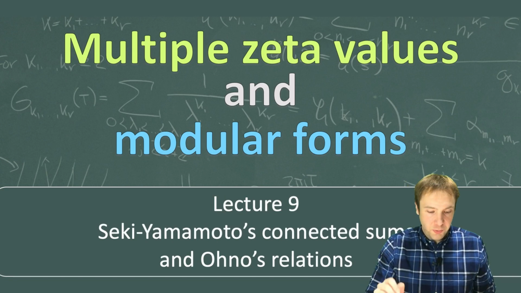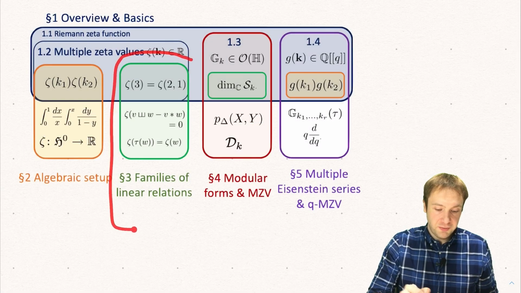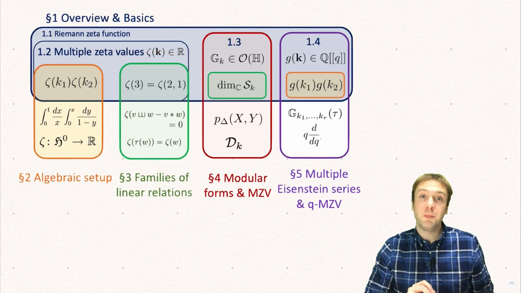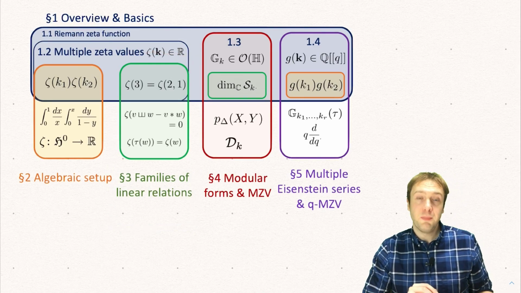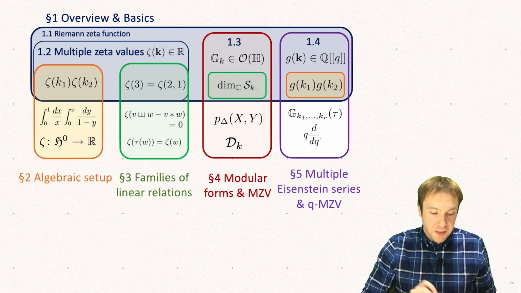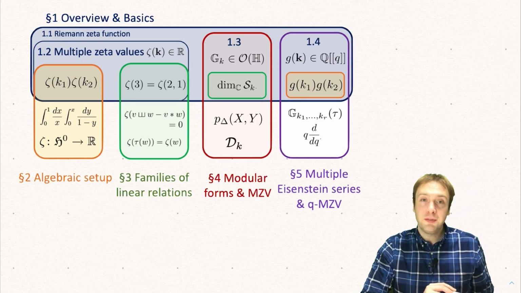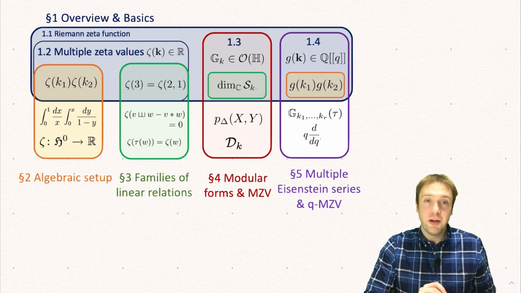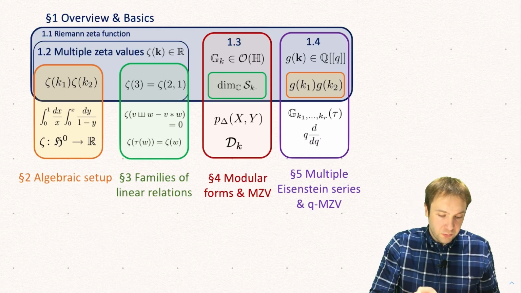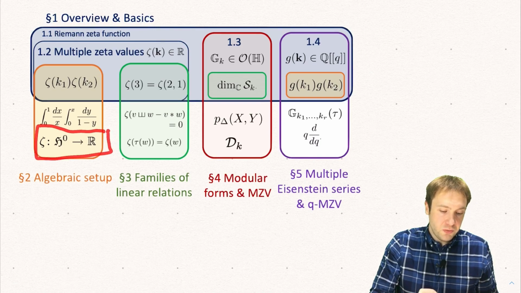So today we want to finish with section 3, where we talk about linear relations, or families of linear relations, among multiple zeta values. So last time we talked about extended double shuffle relations, where we used these regularized multiple zeta values. So recall that we had this zeta map in section 2 from the space of admissible words to the real